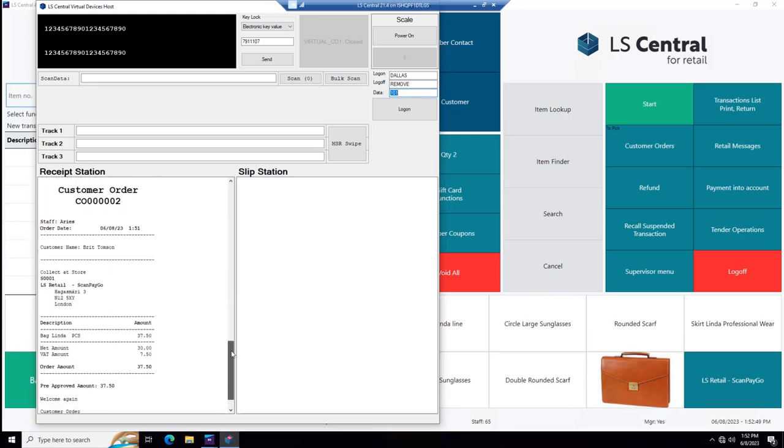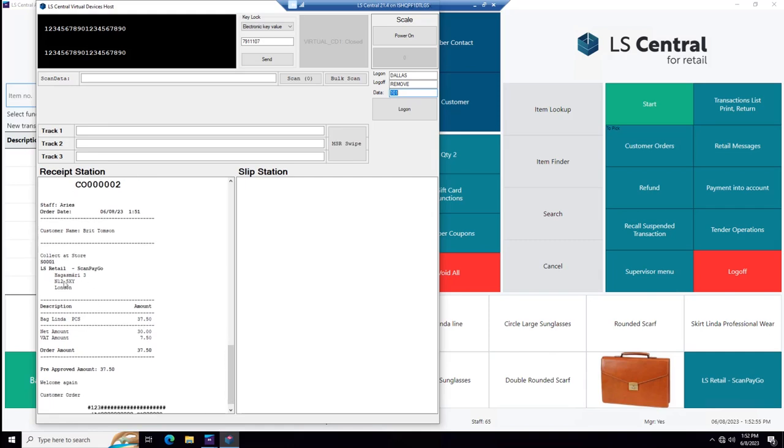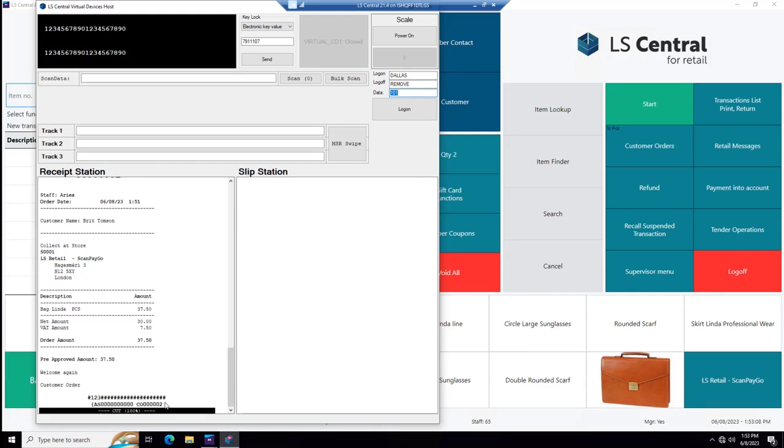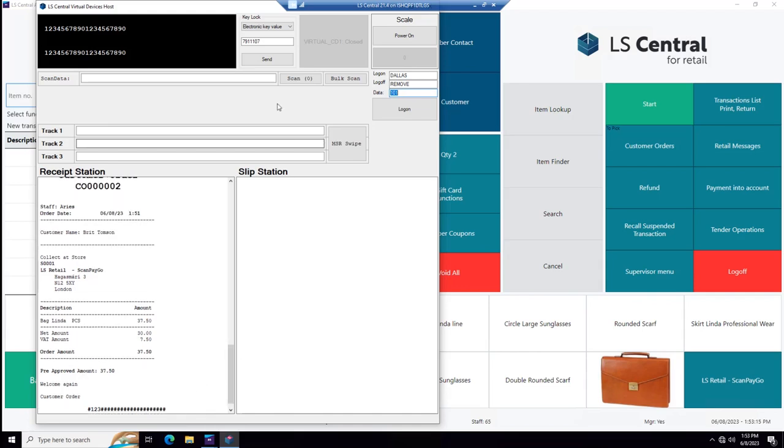This is the customer order ticket with the name Britt Thompson and what is done, where it's supposed to be collected and what is in it. This is the ticket Britt gets to be sure that she has it when she comes back to show us. And usually these tickets, of course, if it would be printed on a normal printer, then you have the barcode here for the order. But in the virtual printer, it's not capable of doing that. So we are fine.